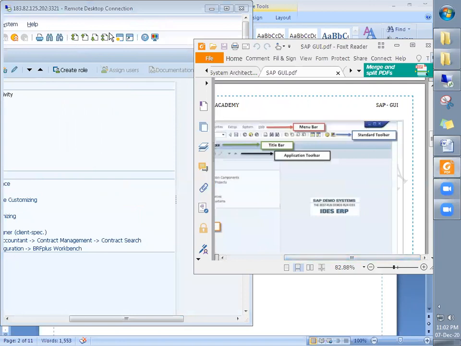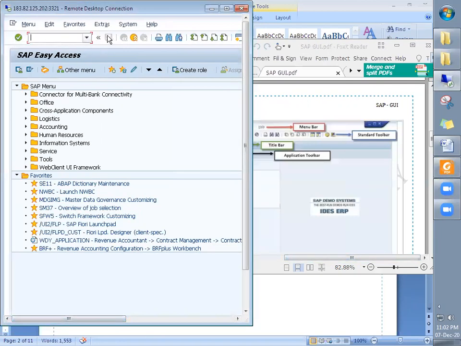You can see this is the standard toolbar. Because these are the standard tools, like in MS Office, Word, Excel, we have the menu bar and standard toolbars like this. Similarly, this is the toolbar and this is the menu bar. And under this toolbar, you see this is called the command field or the command bar. And you see the title here, SAP Easy Access. Now it is showing SAP Easy Access.